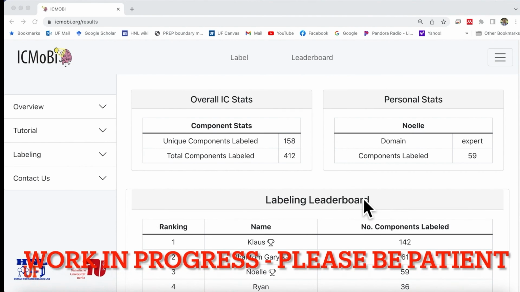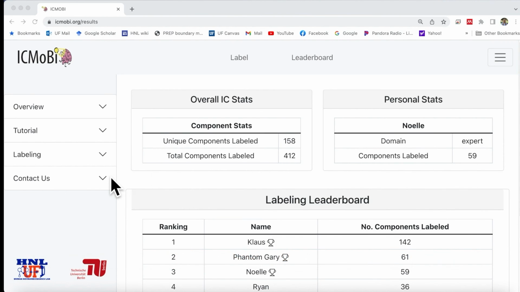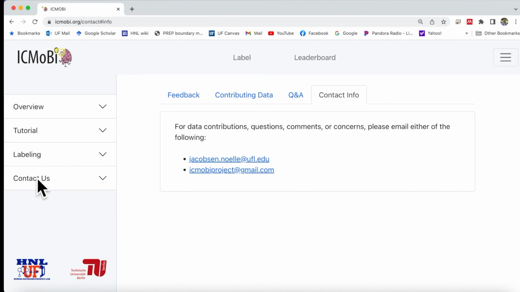So our website is still under development, so we might still have some bugs. Bear with us. Unfortunately, I can't be there to answer questions in person, but if you do have any comments, questions, concerns, feedback, feel free to email me. We have our emails listed on the Contact Us section, so you can reach me at